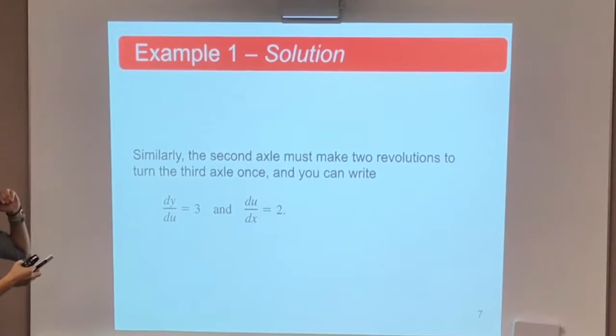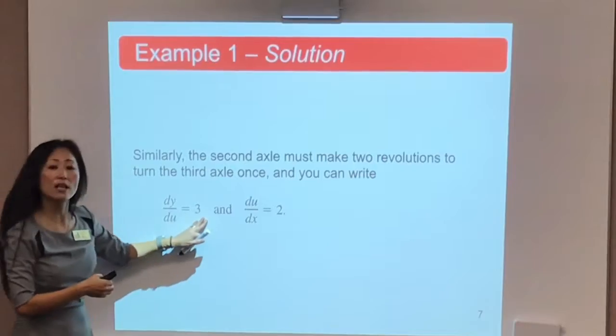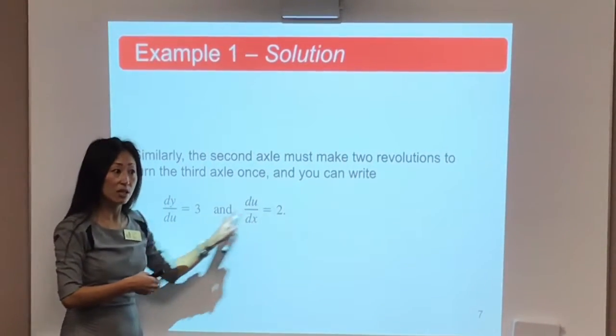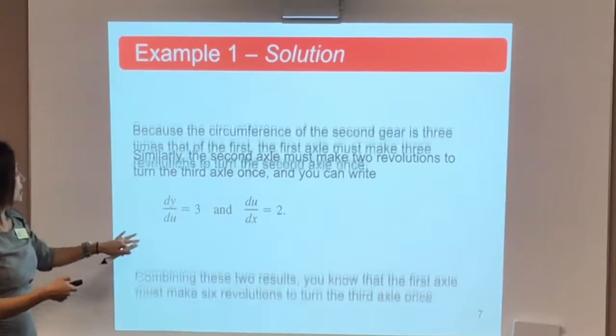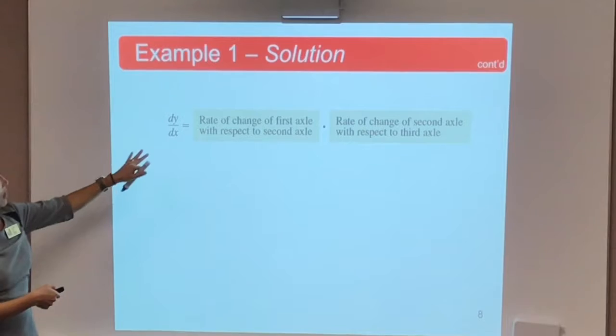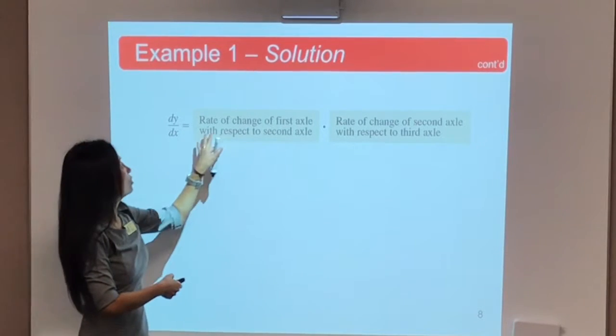So, similarly, the second axis must make 2 revolutions. So, dy/du is 3, and du/dx is 2. Does everybody see how this number got here? So, that means if I combine them all together, the rate of change of the first axis with respect to the second axis,